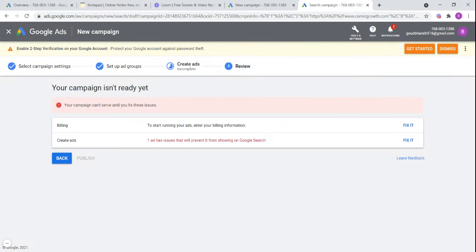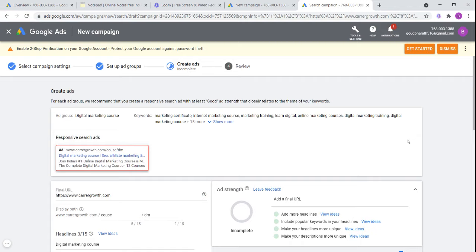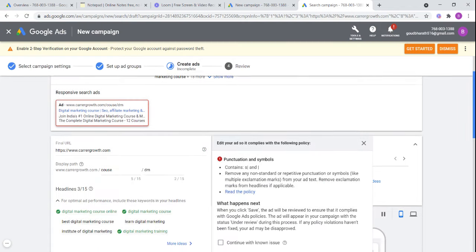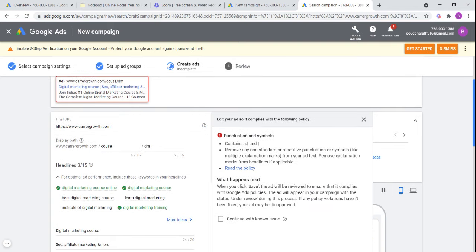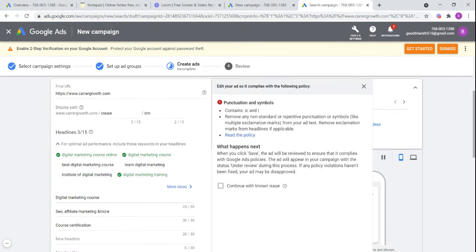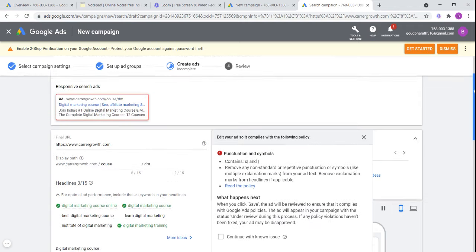One ad has an issue that will prevent it from showing on Google Ads. Let's fix the ad. What is the issue that we have? Yeah, punctuation. It contains non-standard or repetitive punctuation or symbols like multiple exclamation marks in your ad text. Yes, I got it.